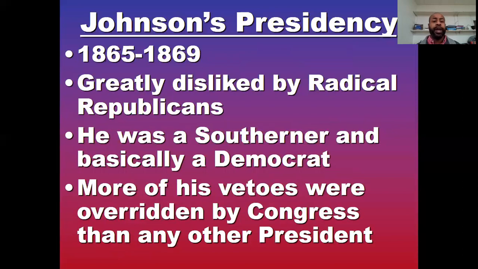So as we talk about Johnson's presidency real quick, Johnson picks up almost exactly Lincoln's second term, 1865 to 1869. He cannot stand the Republicans. He never did. He's a Southern Democrat that got on Lincoln's ticket, gets into the White House, and they can't stand him. It's a tumultuous situation all the way around. They think he's an idiot, and basically he's a prejudiced person sitting in the White House that doesn't want to necessarily help the freedmen or anything else.